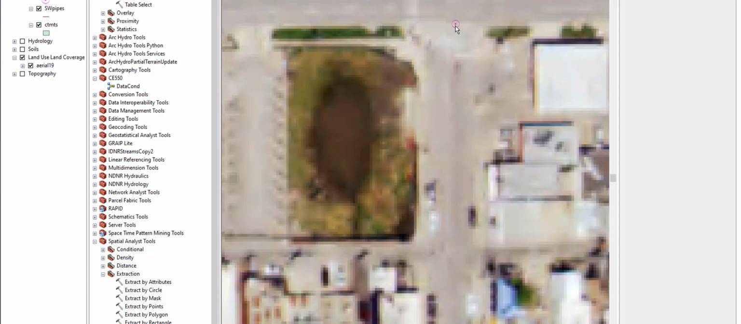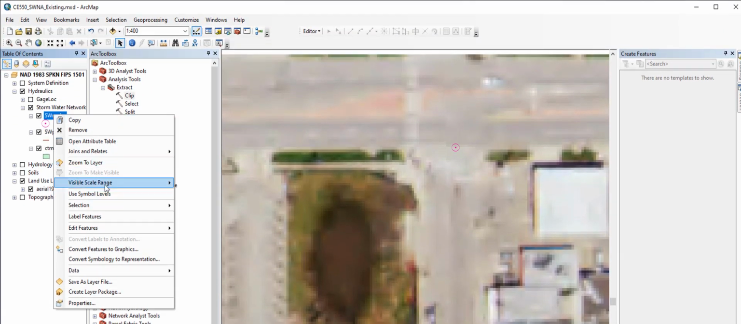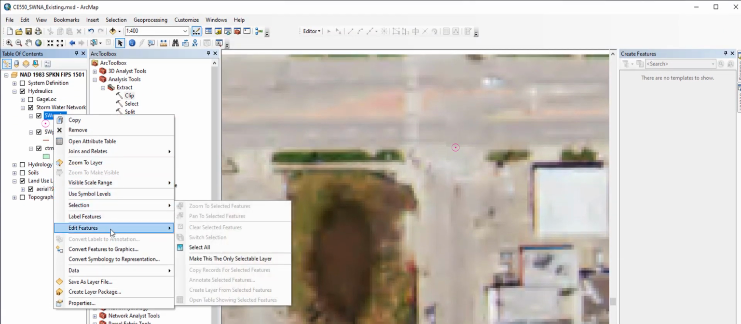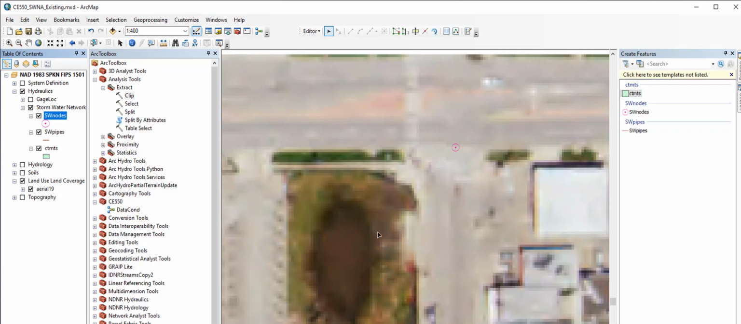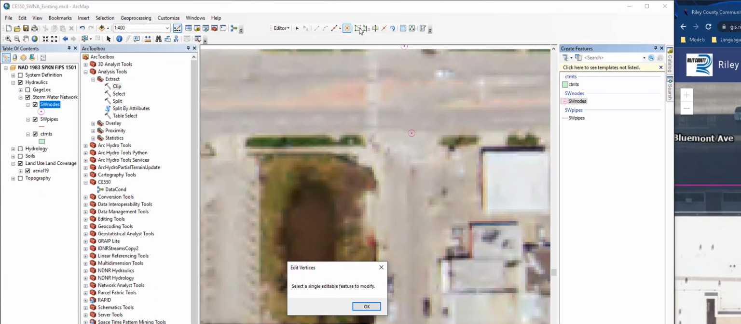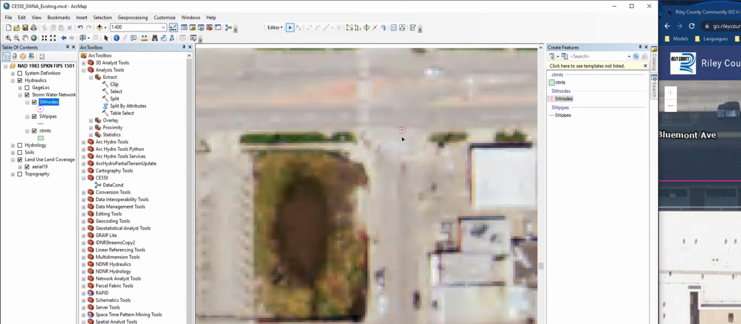But let's just say maybe I want to move it a little bit over to the left. I can go back into the Edit Features and choose Start Editing. Choose that node again, and up here on this editor bar, you can see that there are a whole bunch of ways that you can edit this. So right now I'm in the Creation tool, so maybe I don't want to be in the Creation tool. Maybe I want to edit my vertices. So I'll go ahead and select that,